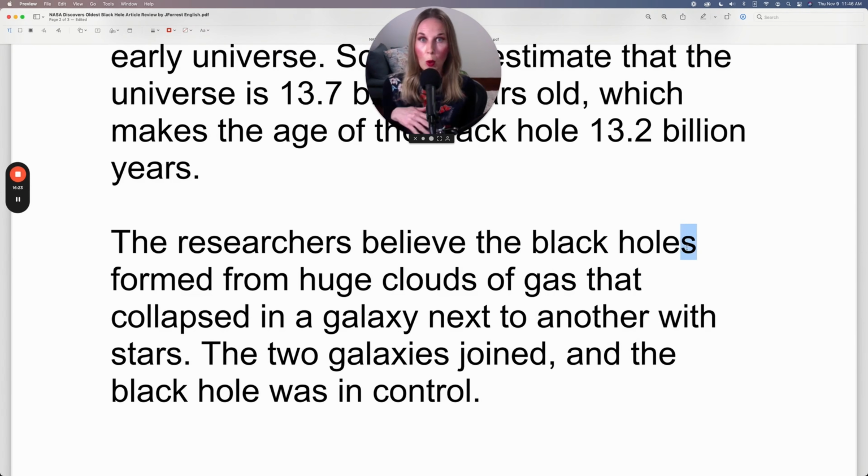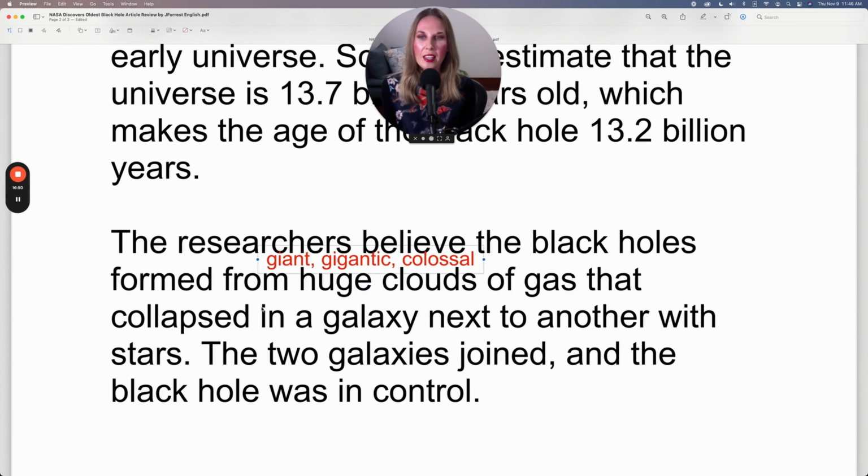So we're talking about black holes in general. The black holes formed from huge clouds of gas. So again, huge, we could say giant or colossal, because huge also means very large. Gigantic, well, I said giant. You could say giant. Gigantic, colossal,